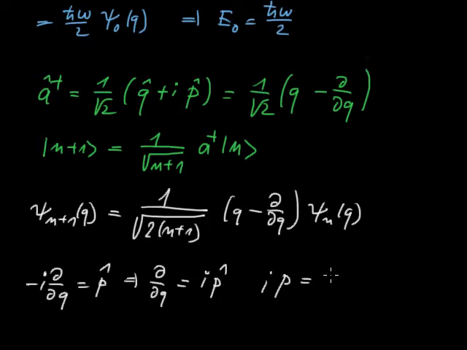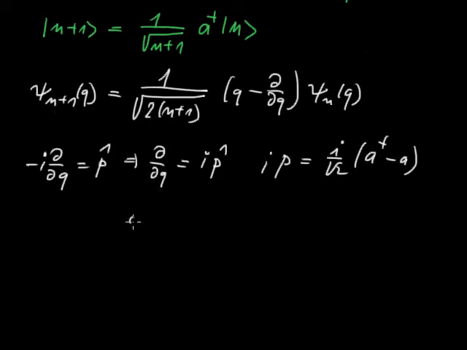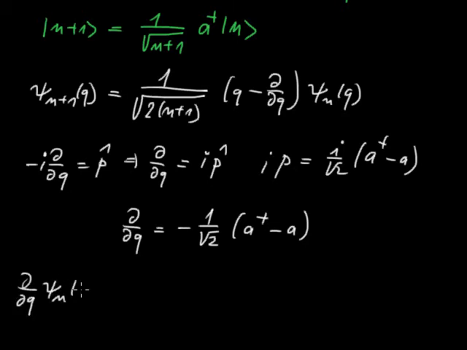Because p is equal to i times h bar divided by square root of 2 times (a dagger minus a), it means that the derivative of q is minus 1 over square root of 2 times (a dagger minus a). So we are now in a position of writing out this derivative, so the space derivative in coordinate representation would look something like this,